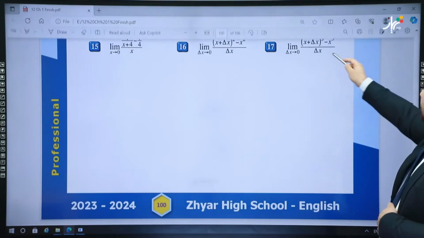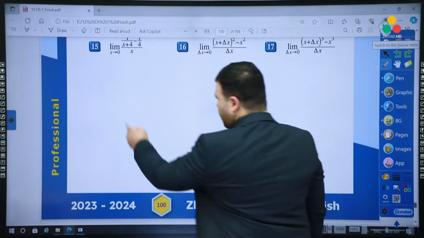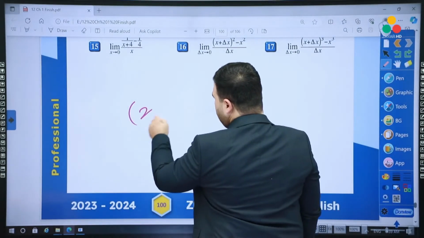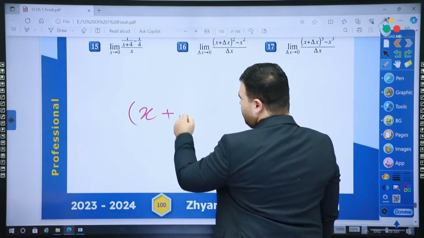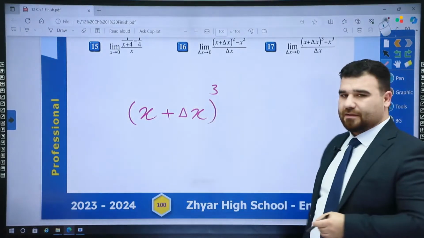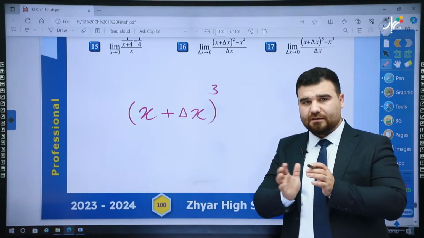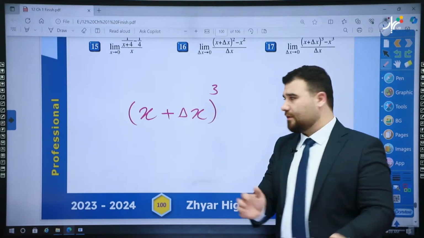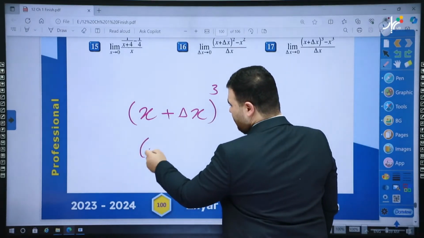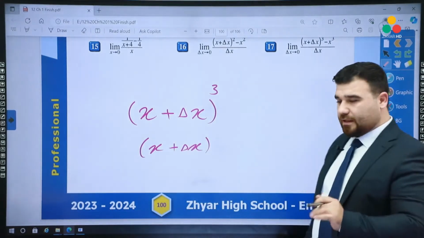One important thing about this question: how can we expand brackets with power 3? If I really had to expand this with power 3, how can I expand this? To expand this, we write a small bracket and a big bracket. The small bracket is the same, x plus delta x, that's it. The big bracket,